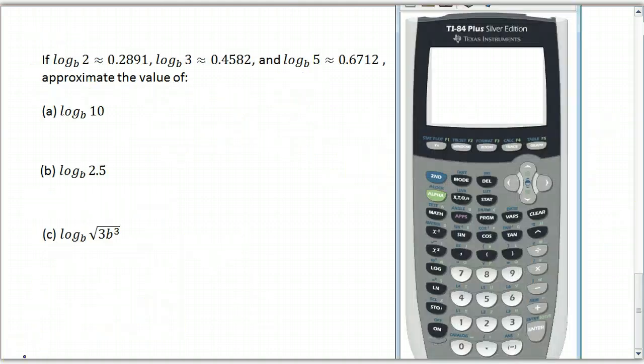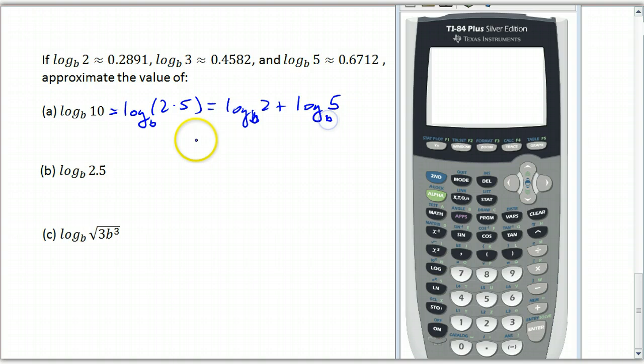Okay, last type of problem. What if we know the log of 2 base b is this number, the log of 3 base b is that number, and the log of 5 base b is that number? Can I figure out from these 3 facts what the log of 10 base b is? Yeah, we sure can. That's going to be the log of 2 times 5 base b, which is the log of 2 base b plus the log of 5 base b, which is